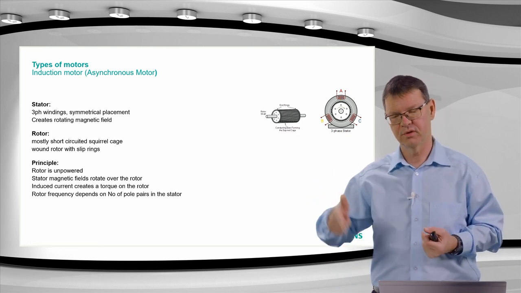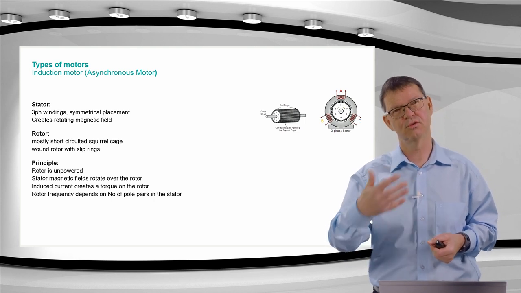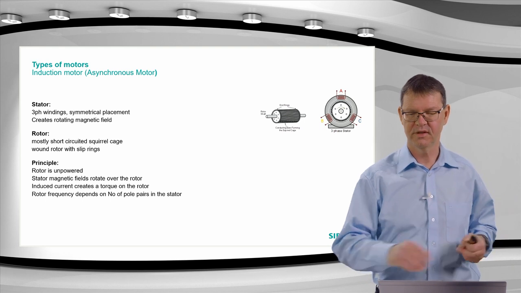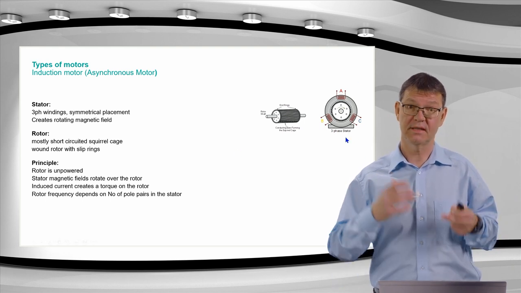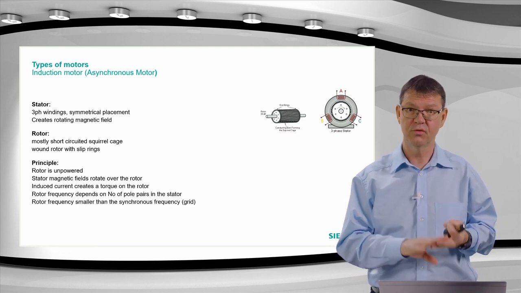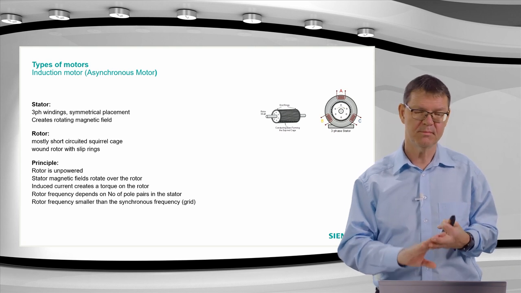So the rotor speed decreases by the number of pole pairs. We can basically say the synchronous frequency divided by the number of pole pairs gives me the frequency of the rotating magnetic field. The rotor as such, again, does not rotate exactly with that synchronous frequency. It rotates with a lower frequency because